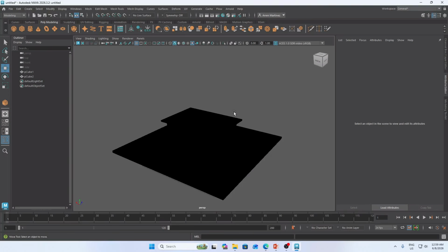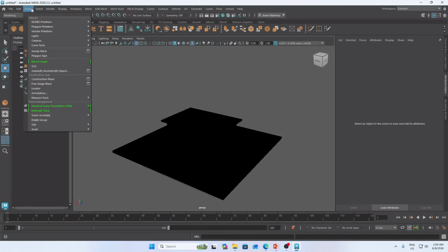How can we place a light here? Just navigate your cursor into create, find the lights, and you can see the different kinds of light: ambient, the reflection, directional light, which simulates the sunlight, and point light, like we have here in our room, that's the light bulb.